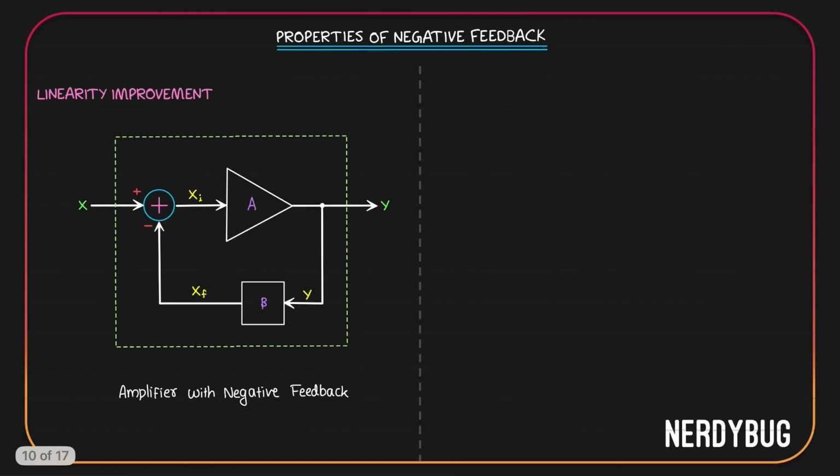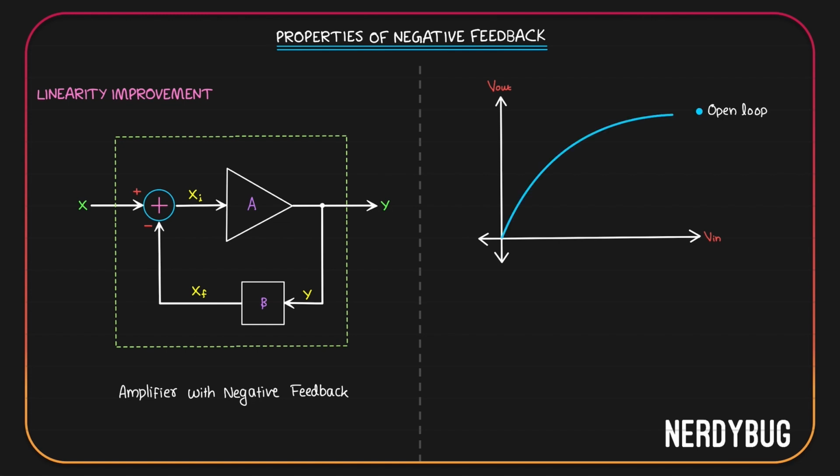The next thing we have to understand is how negative feedback helps in linearity improvement for an amplifier. For that, let us take a graph with input on the x-axis and output on the y-axis. If we plot this for an open loop amplifier, it will look like this. Let's take 2 points x1 and x2. Let us see the slope of the graph at these 2 points. Why slope? Because the graph is V out versus V in. Slope will give us the gain. Let's call the gain at x1 A1 and the gain at x2 A2. Clearly A1 seems to be much higher than A2.